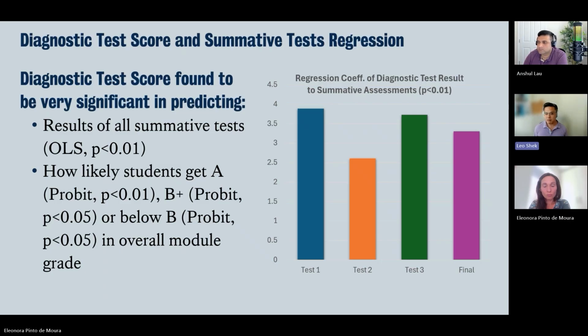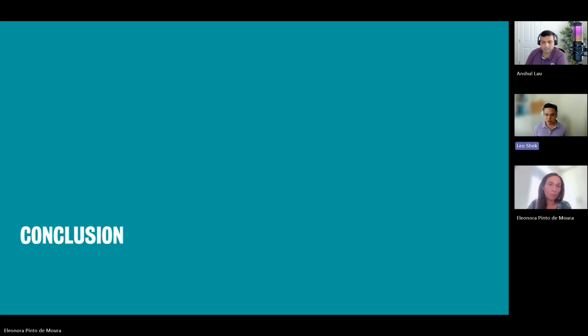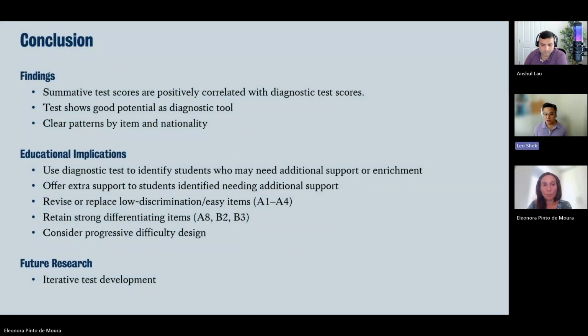Okay, so it means that students getting a low diagnostic test result basically would not be able to get a satisfactory grade, and those getting a high diagnostic test result are very likely to get the grade they need for progression. Okay, so what is the conclusion from it? The conclusion is